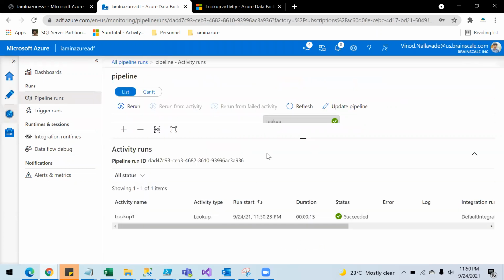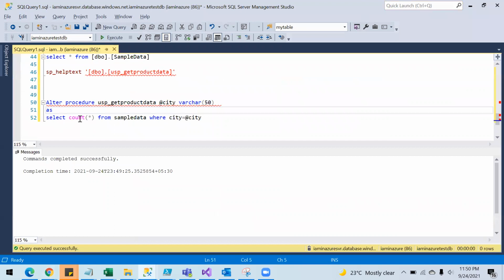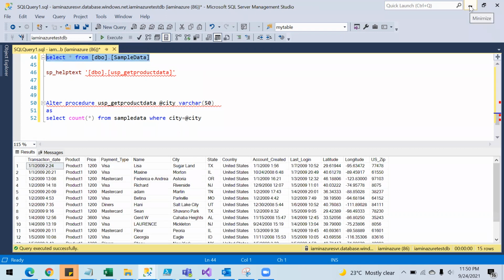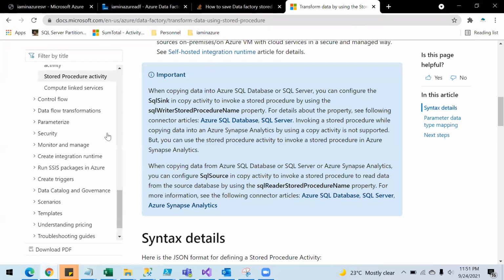Okay, so this is successful. Now when we go inside and look at this data, this says 2, which means the 2 is my select count of star. So with New York, I have 2 records, so that is why we are seeing that 2 in the output. So this is how you can call your stored procedure by using this stored procedure activity, or else you can use lookup activity.